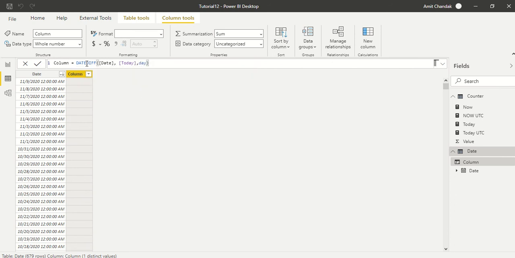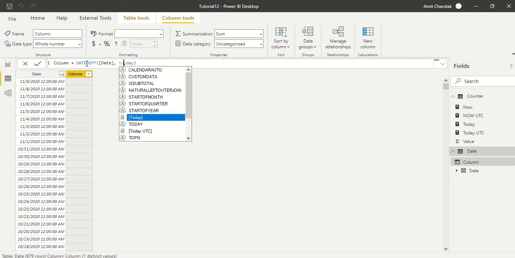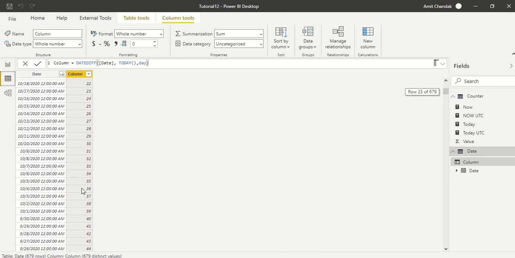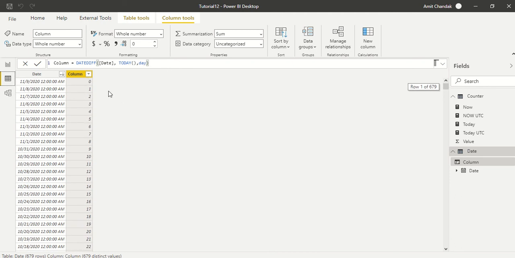Now today is not going to be the Today measure, we are going to take TODAY as a function. Okay, and you can see it's 0 here, and in the past when we go back, it's increasing. If I need today to be 1, then you can add 1. One thing you have to take care of is whether you want 1 or 0, and depending on that you can add 1. So this is one more use where from TODAY you can find out a difference. Now this is a static difference.